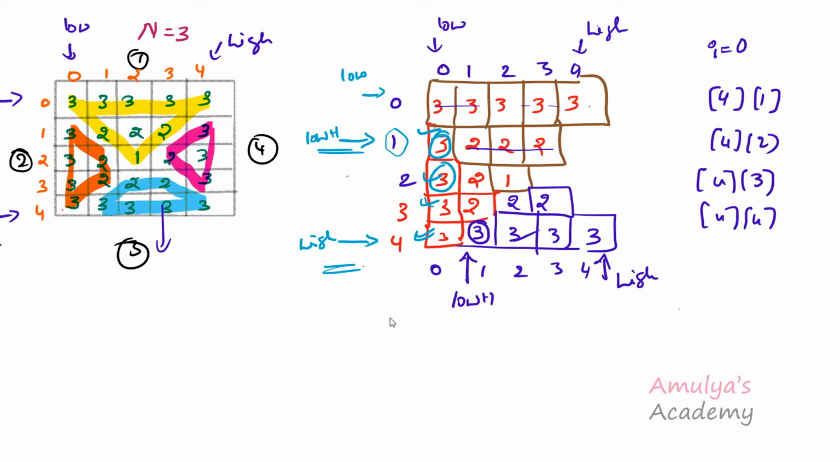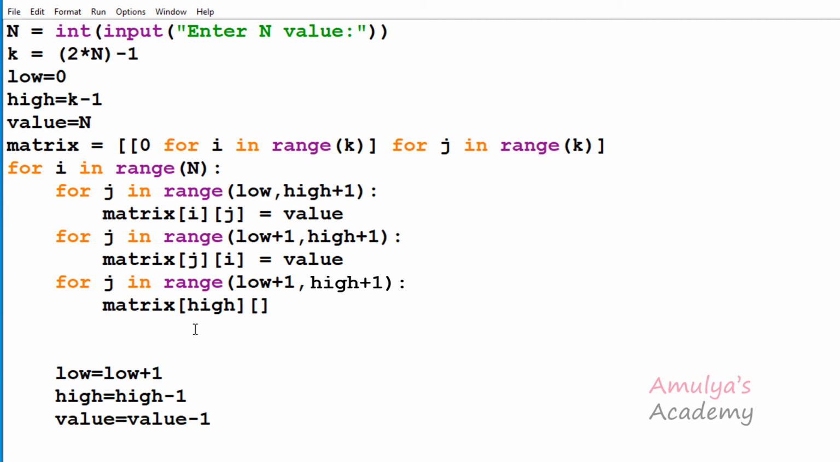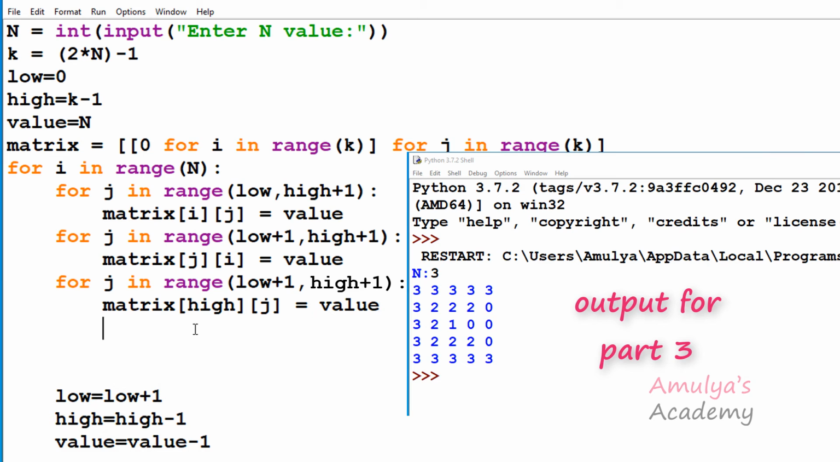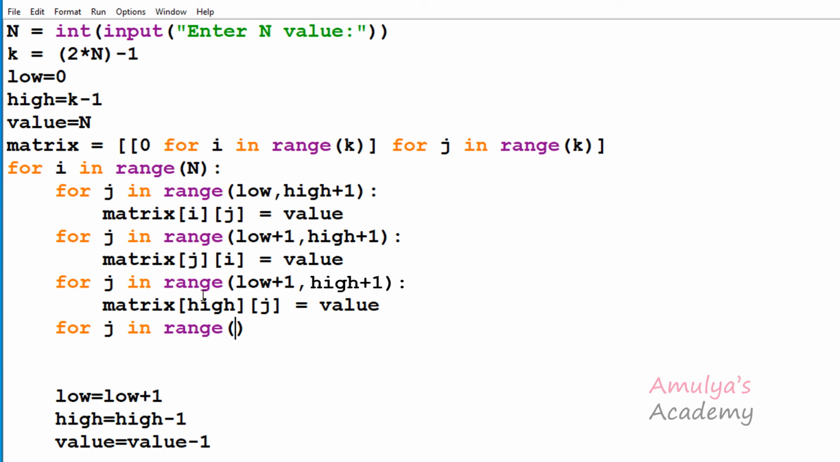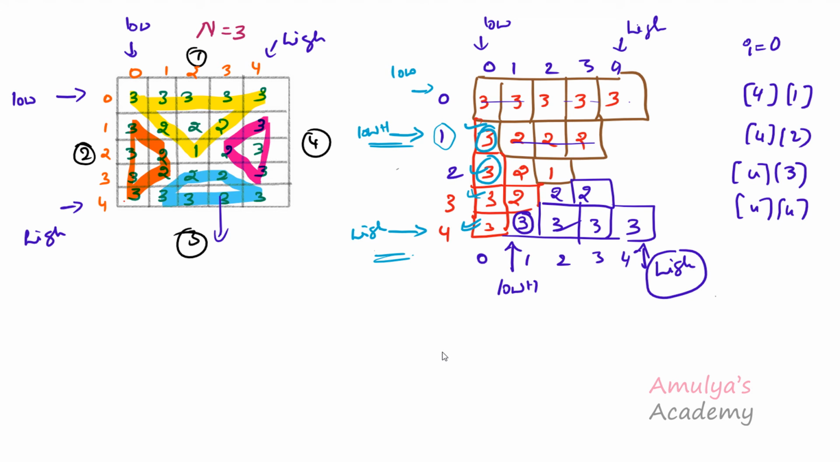So here 4 is common, right? What is 4? 4 is nothing but the high value, right? So I'll take the first index as high and the second index I'll take j. Here I'll insert the value. So for the fourth part I'll take another for loop, and in the fourth for loop here we want to enter 3, 3